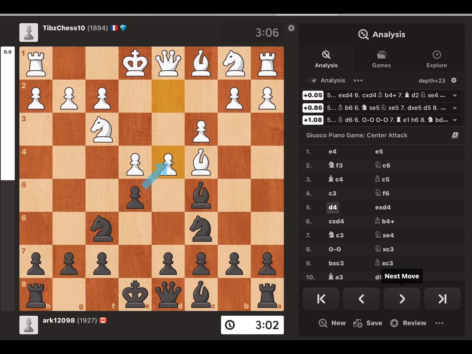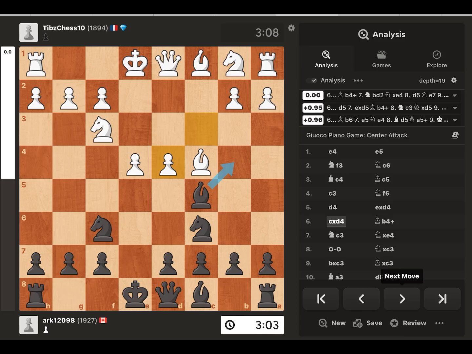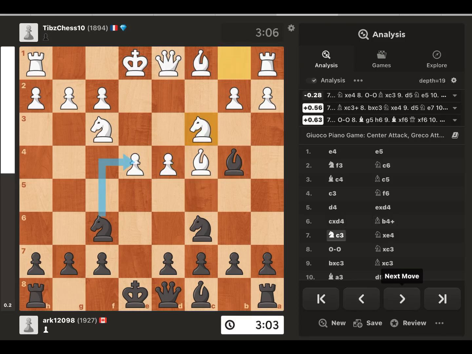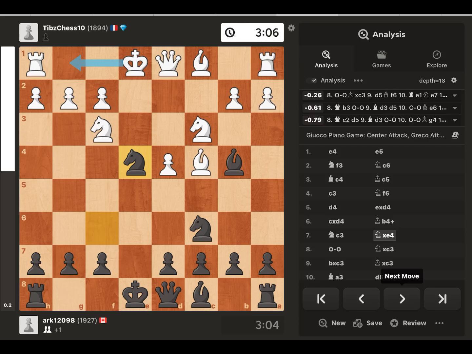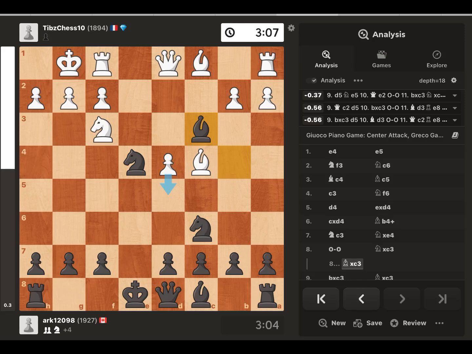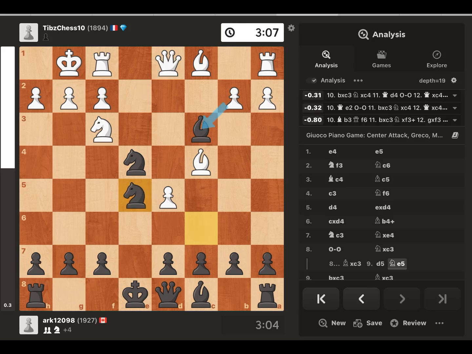played here. So I take the pawn, he takes the pawn, I check, and now he plays knight c3. I take the pawn with the knight c3, and he sacrifices the pawn. And here usually people take the knight with the bishop, then d5, and there are complicated variations like knight e5,